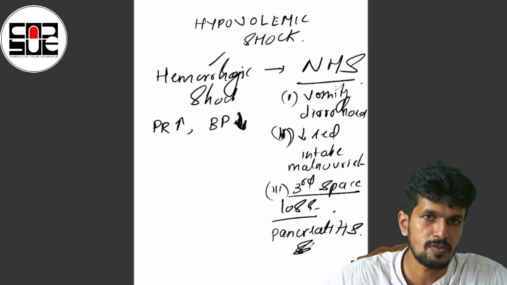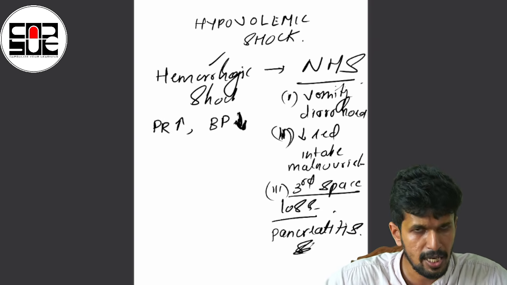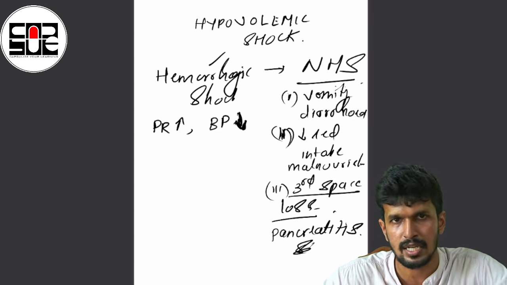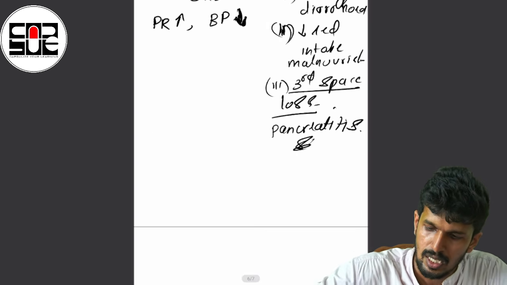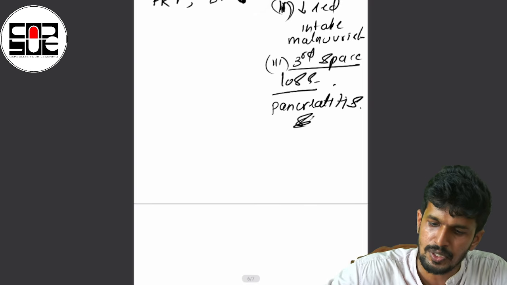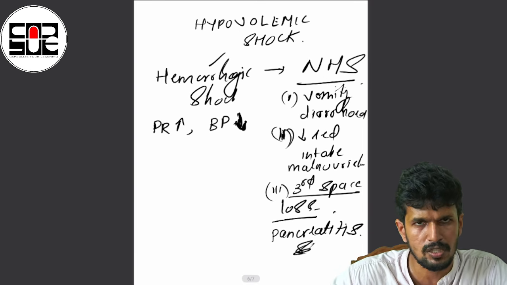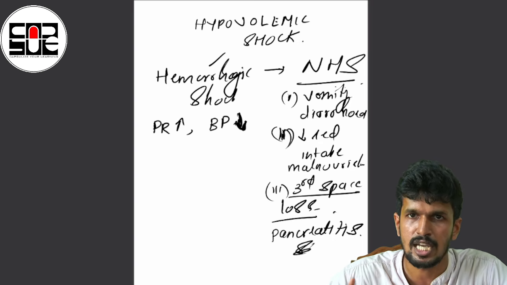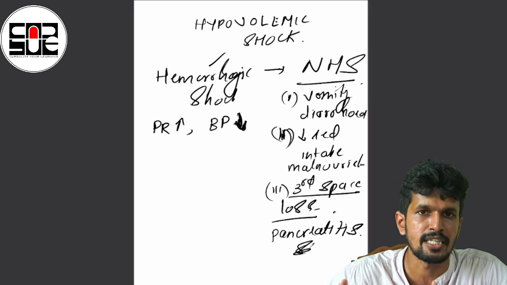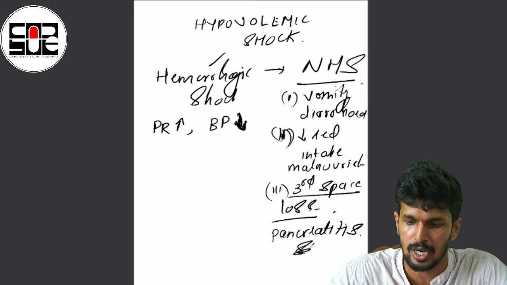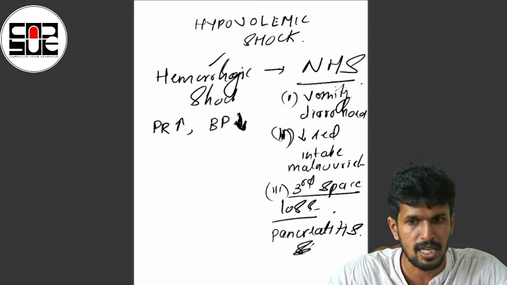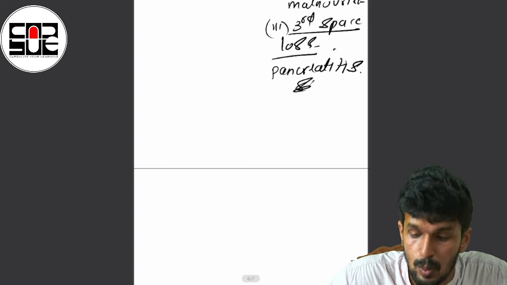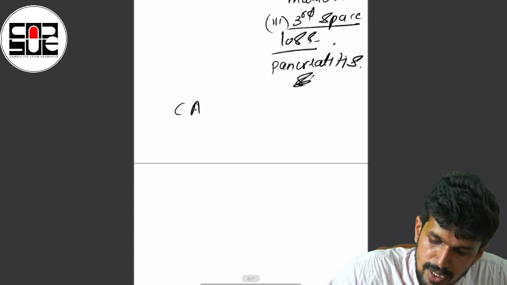So these are the examples which come under non-hemorrhagic shock. Hemorrhagic shock and its management should be dealt with in more detail; we will discuss it later. So basically, what are the scenarios which you can see? I told you hypovolemic shock. What is the first thing you need to know? Hypovolemic shock is basically a decreased circulating volume of blood in the human body due to multiple causes. The causes can be hemorrhagic or non-hemorrhagic. That's how we approach hypovolemic shock. What is the next type of shock? I told you cardiogenic shock.